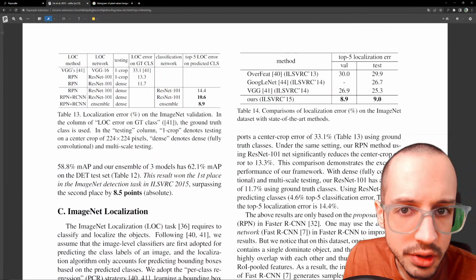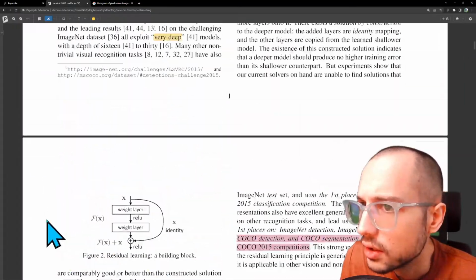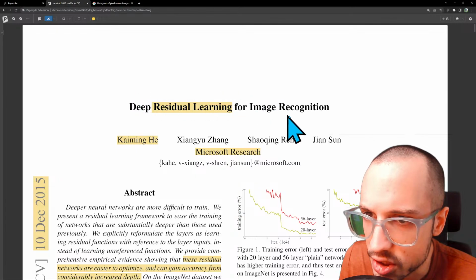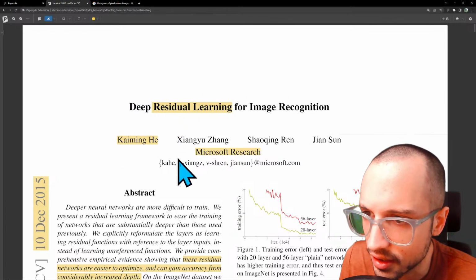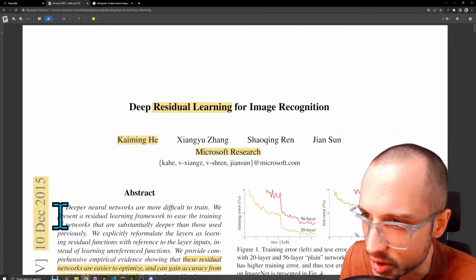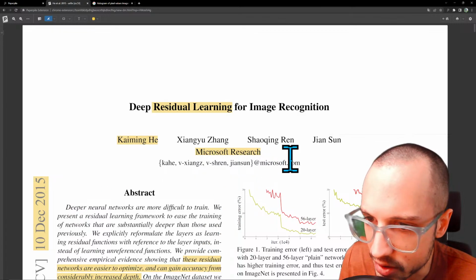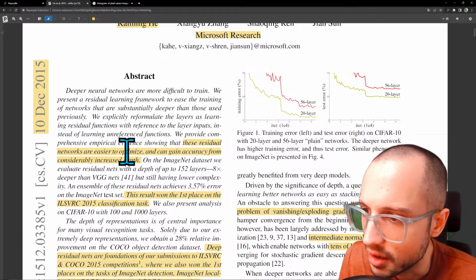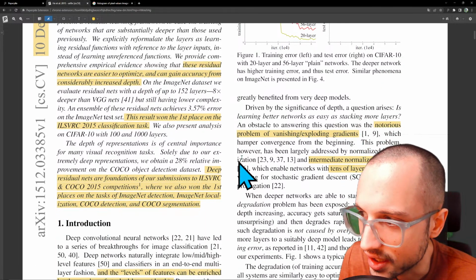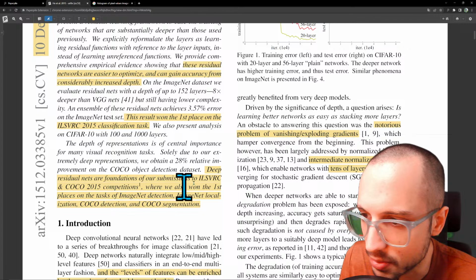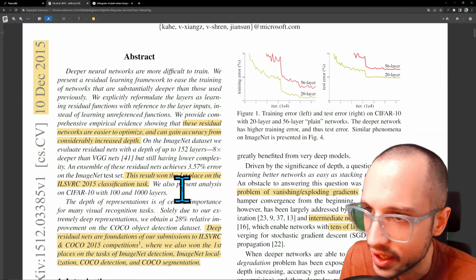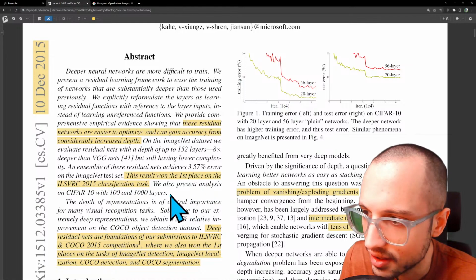Pretty cool. So that is Deep Residual Learning for Image Recognition. This is an old paper, December 2015, came out of Microsoft, but at the time it was really amazing, exciting work. It beat pretty much all the benchmarks and all these challenges, the COCO, the ImageNet, and it really set in place